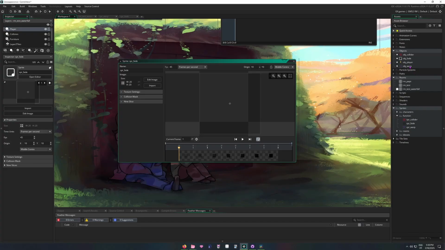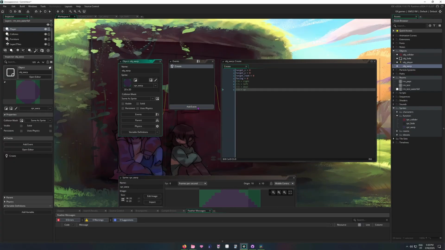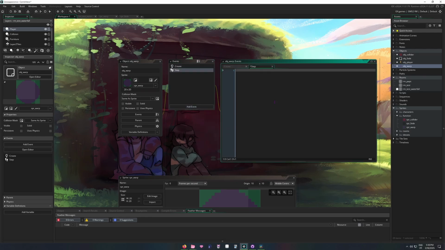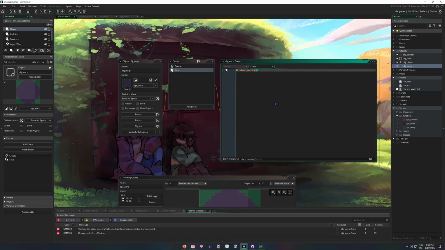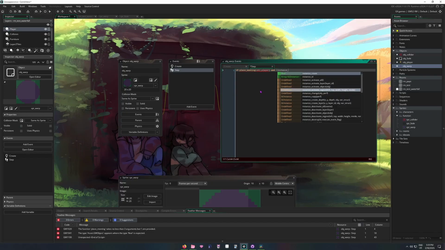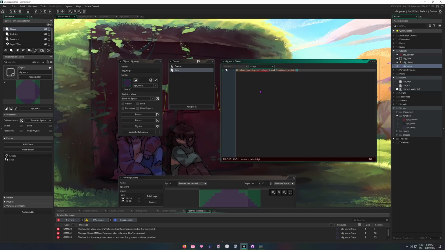So now we have to go back to Object Warp and create a step event. We need to put in the following code, which is if we are place_meeting. So if we're meeting the same location as obj_player, so if we're touching the player, and then we want to say and, exclamation mark, which means not, instance_exists, and then obj_fade. Okay, and then we want our brackets,